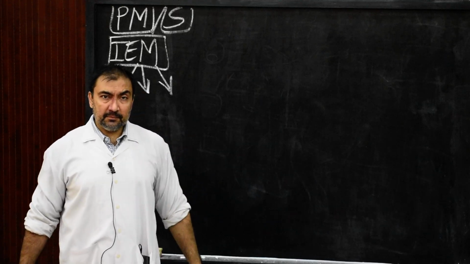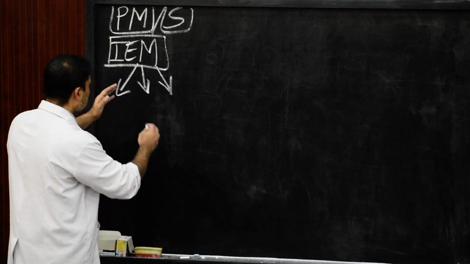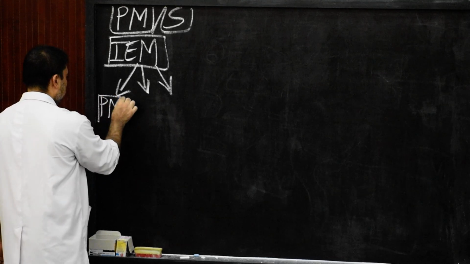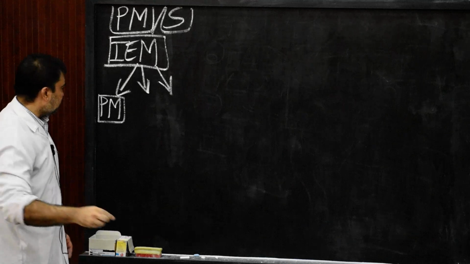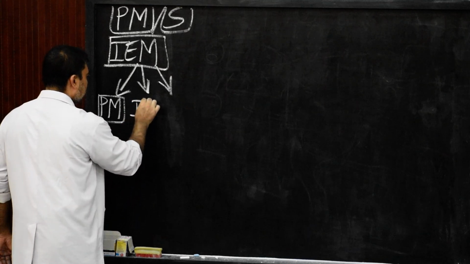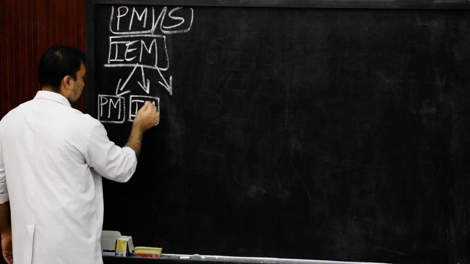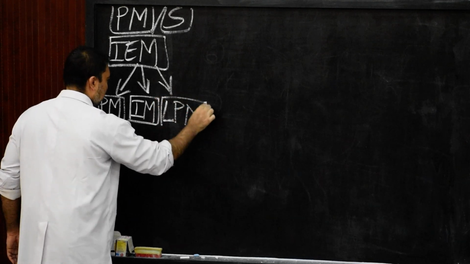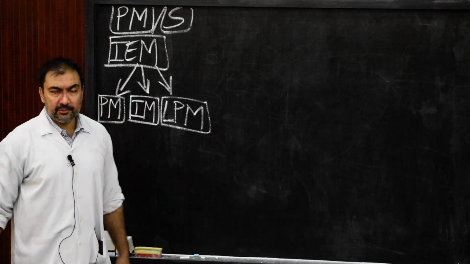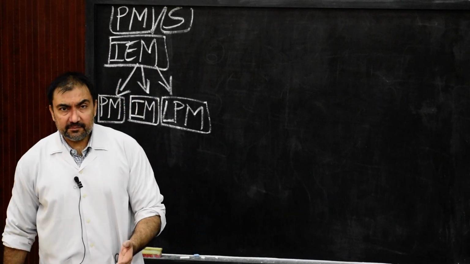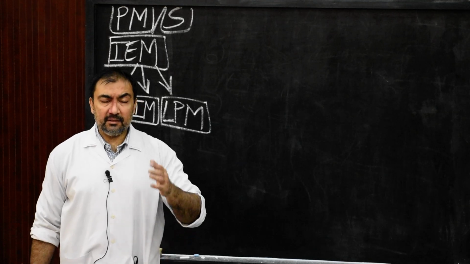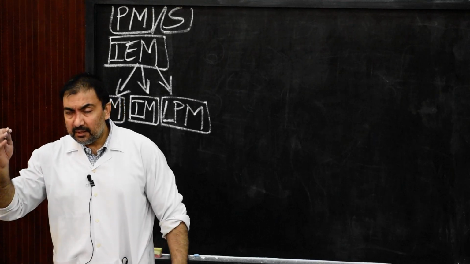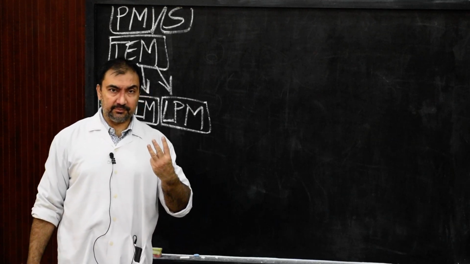Now, mesoderm. So, intraembryonic mesoderm will finally differentiate into number one, para-axial mesoderm. Please note down this first. Second will be intermediate mesoderm. And third will be lateral plate mesoderm. So this is the definition. The intraembryonic mesoderm during the embryonic period, during the embryonic stage, will differentiate into para-axial mesoderm, intermediate mesoderm, and lateral plate mesoderm, the three mesoderms.